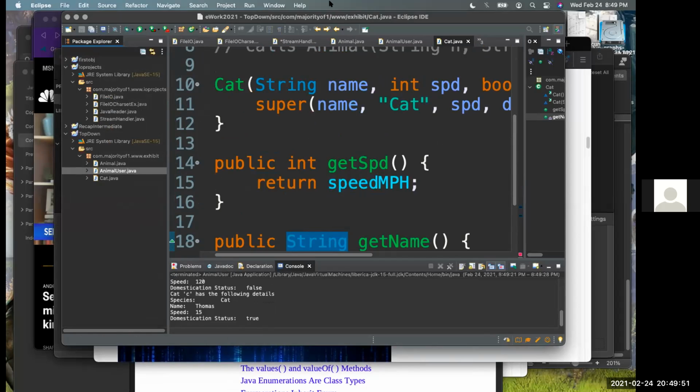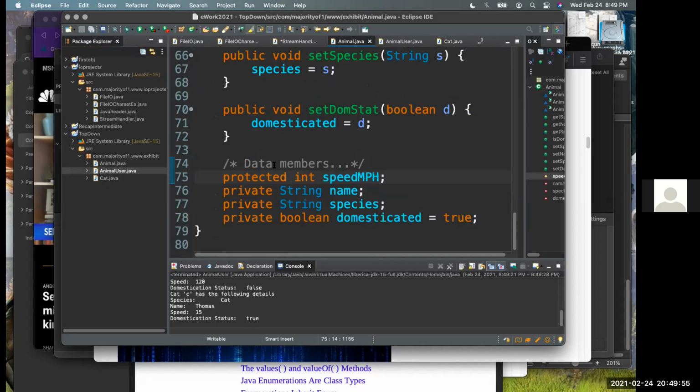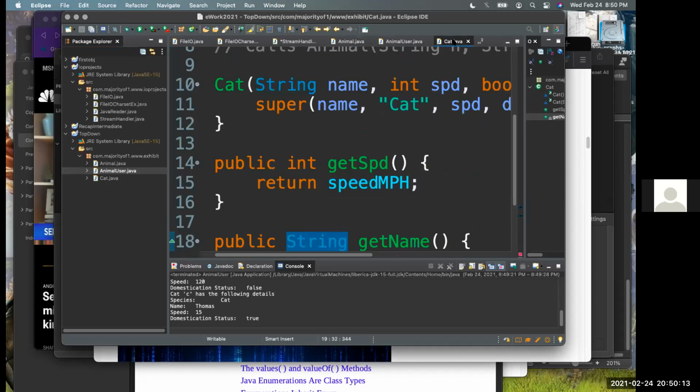What I should have done was make sure that the error would have happened. Let me just go back to animal. So this thing was made to be protected, so that's why I was able to access it. Let me just make sure that there is a part that is, there we go. So Boolean domesticated, I'm going to actually leave it the way it is. Let's take a look. So going into cat,